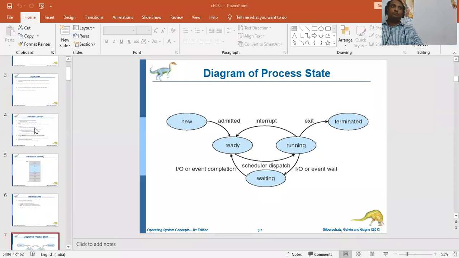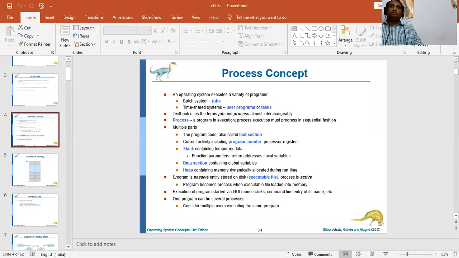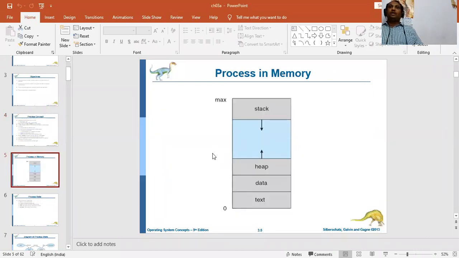So we have seen what a process is. In any process that we take, it will mainly have these things: the text, the data, the heap memory, and the stack memory. Whatever instructions I'm writing will be in the form of text. If it has to store anything, it will store the data. Heap memory is used for dynamic memory allocation, and stack is the execution of the program. This is what we saw in the previous class.